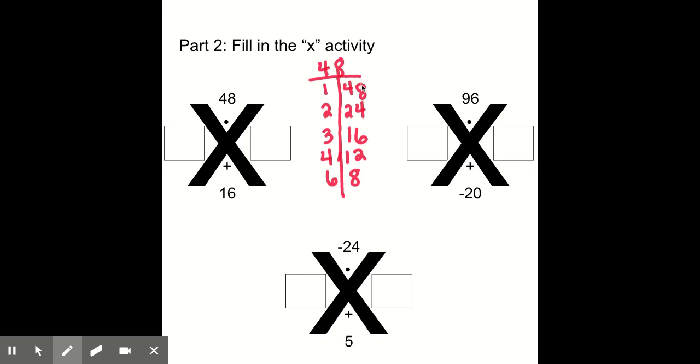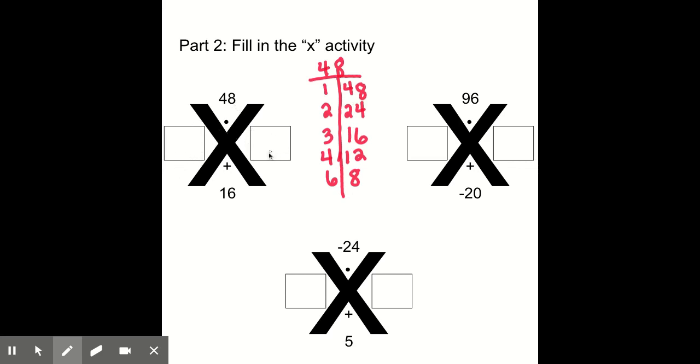Okay, so you do have to do this for all of your top values for the second part of this activity. Now, you can either use a calculator or a multiplication chart. If you don't feel very comfortable with your math facts, that's absolutely fine, but you do have to list all of these values. So all of these values multiply to give us 48, but what we're looking for specifically is